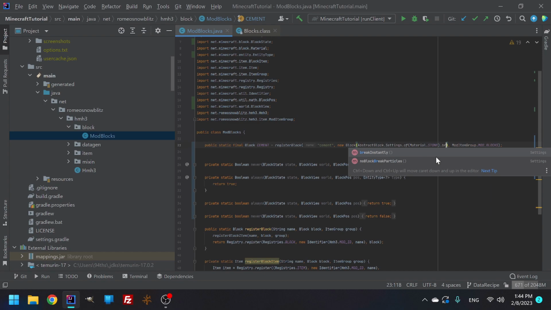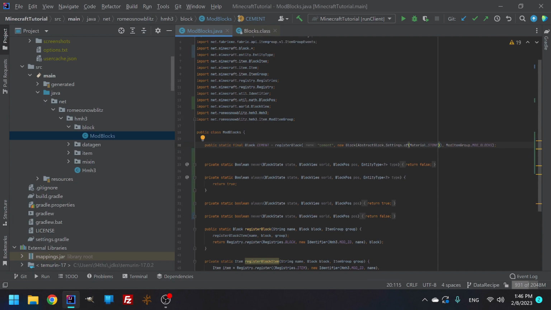The next one is called breaks instantly. And so basically what this is, we have the abstract settings of material stone. So basically it is trying to say that this block is basically stone. It is a stone block. And if I break it with my hand, it's comparing it to stone, but overriding it with the breaks instantly, it just means that as soon as I try and touch it, it's just going to break instantly. That's kind of self-explanatory. It should still drop the block, the loot table, so it'll still drop. It'll just be kind of like a flower. Those have that break instantly factor where it just instantly breaks and also gives you whatever drop it came